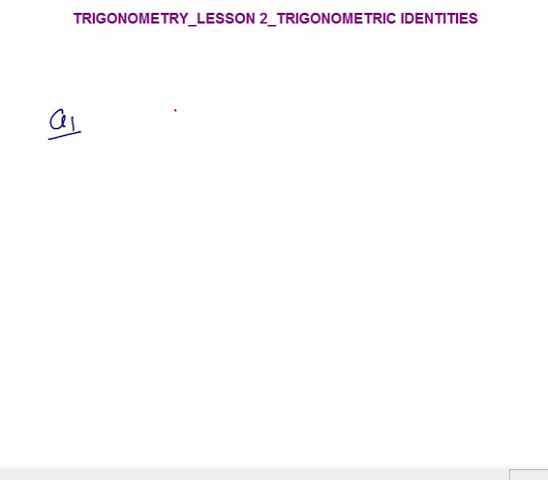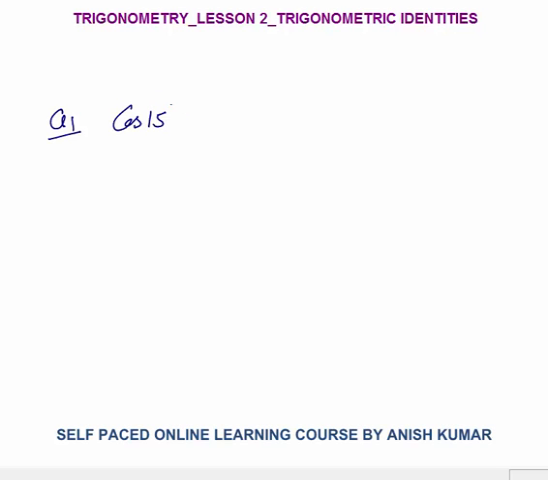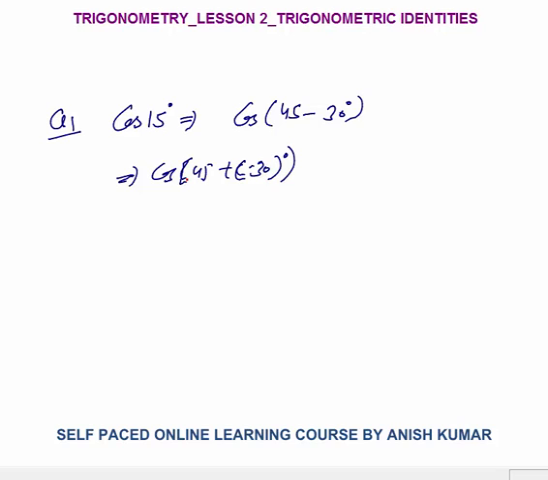First question is cos 15 degree. What is this cos 15 degree? How to calculate? Can I say this is equal to cos of 45 minus 30 degree? Now I know cos A plus B. Can I write this as cos of 45 plus minus 30 degree? And now I know cos A plus B